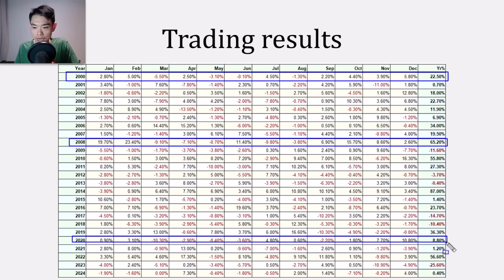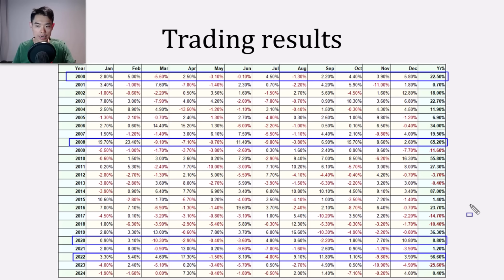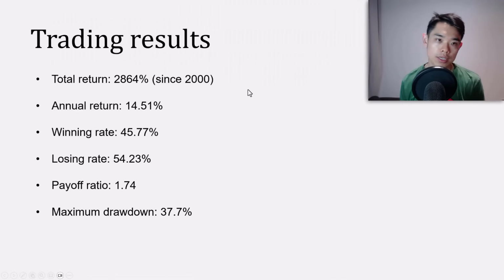2020 with COVID, up 8%, not huge. 2022 with the Russia-Ukraine war, up 56%. So you can see that this is a system that thrives during difficult market environments. And if you look at the matrix,